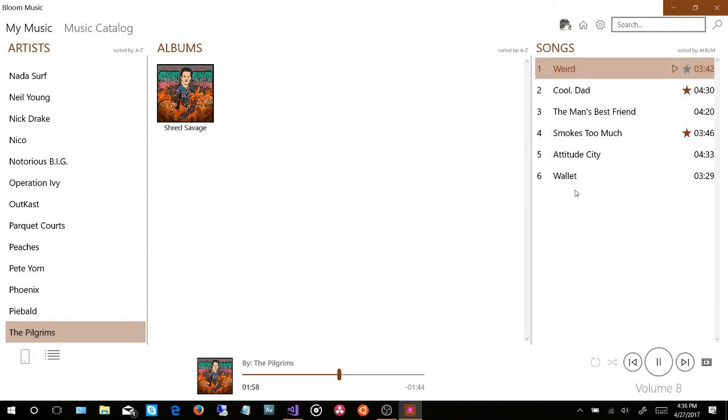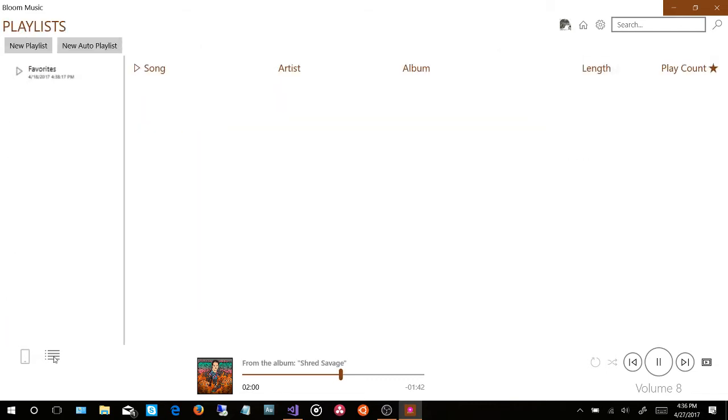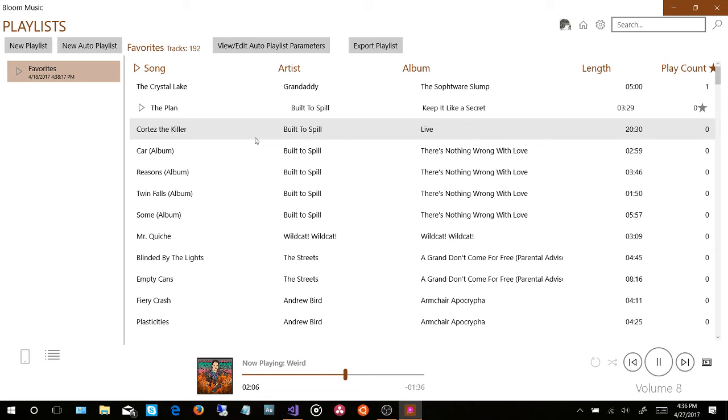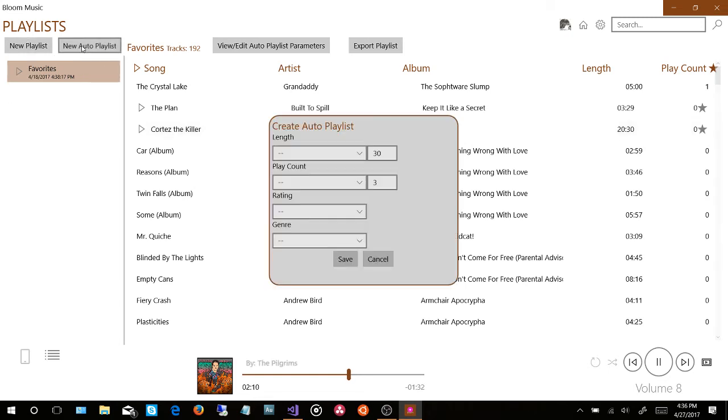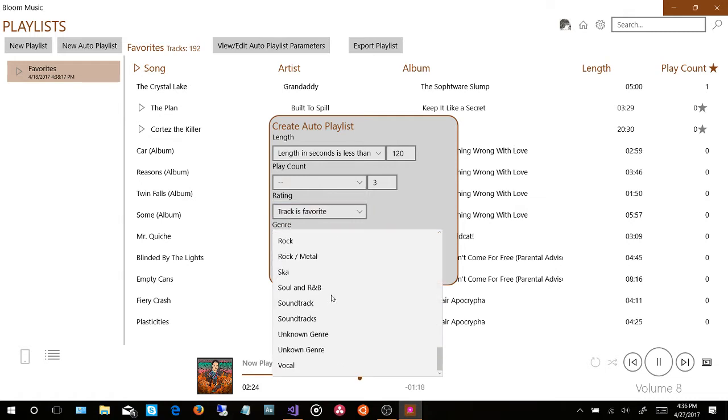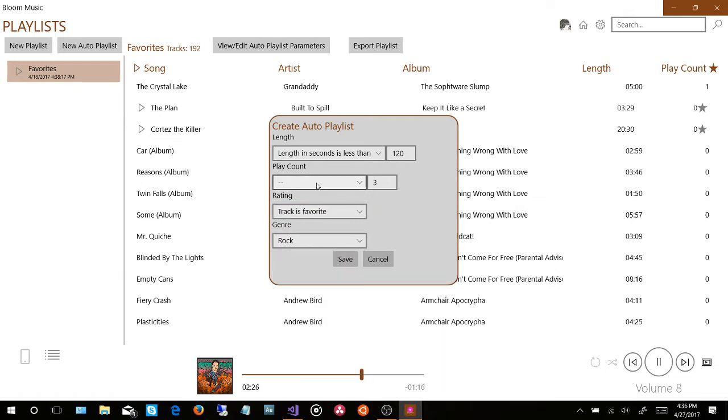So when you mark something as a favorite, if you come into here, this is your playlist window. You have an automatic playlist called favorites, and everything you've marked as a favorite will appear in here. And you can actually make new automatic playlists based on whatever criteria you'd like. So say songs less than 120 seconds, 2 minutes. Rating is a favorite in the genre of rock,